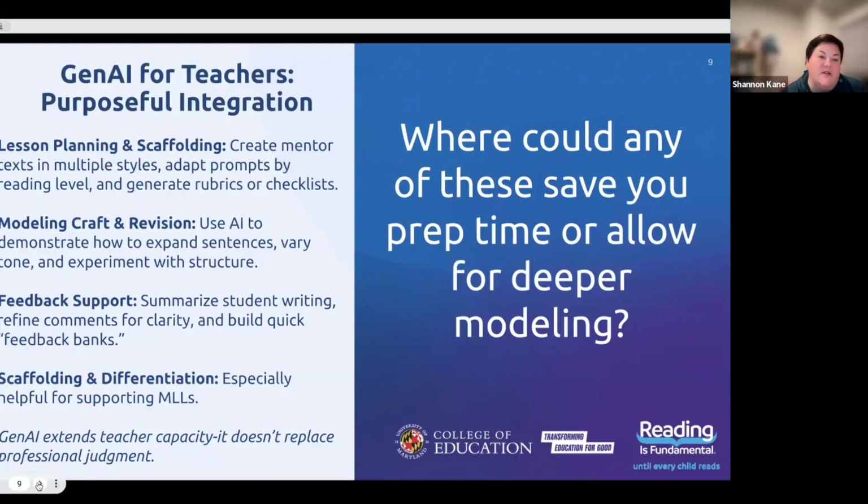And then scaffolding and differentiation, we could do a whole other presentation on this for all students, but really thinking of our multilingual learners, right? And instead of just hitting that surface level or doing the same thing over and over because we know it's tried and true and we don't have a lot of time to be creative, right? Again, going back to that joy, just like we want there to be joy and excitement for our students, there should be some joy and excitement for us, right? As educators planning these lessons, right?